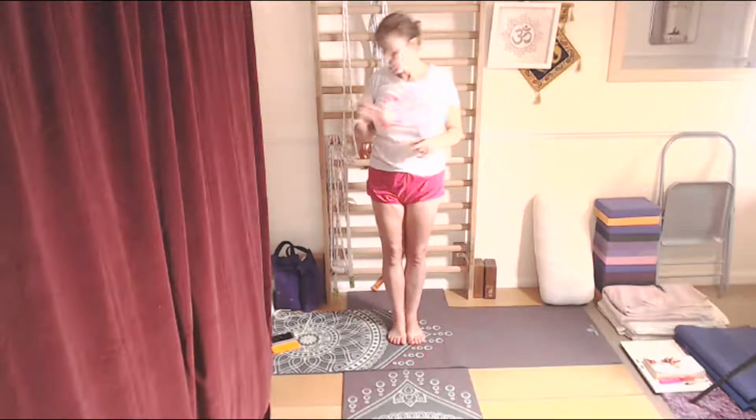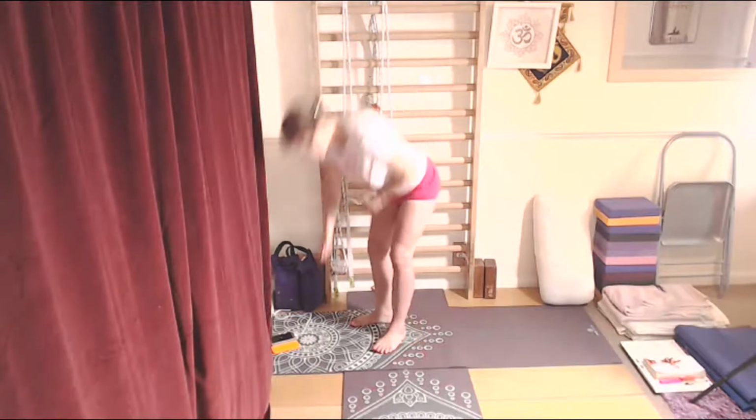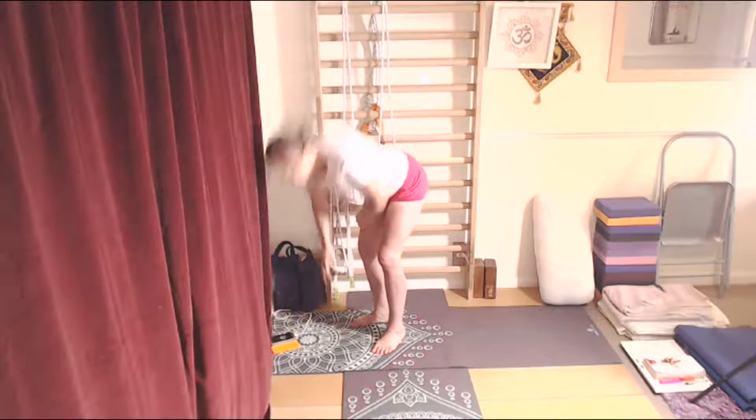And all of those actions will help the trunk to lift, but the arms also lift the trunk further, the waist and the back body. And then release. Now, that's Vrikshasana, tree pose, and then Adho Mukha Vrikshasana is